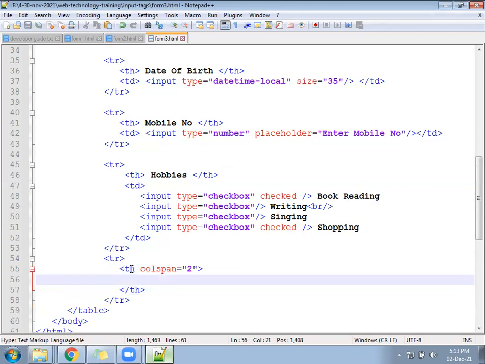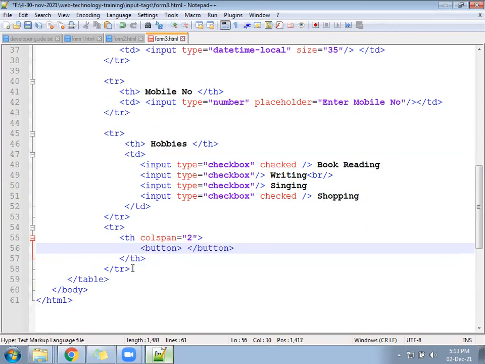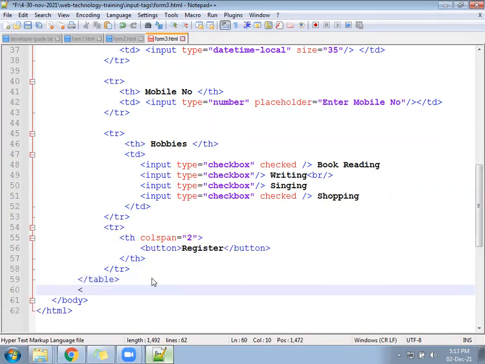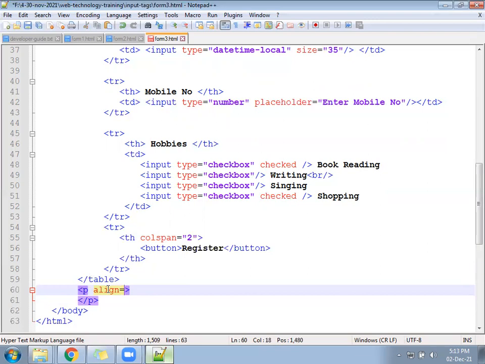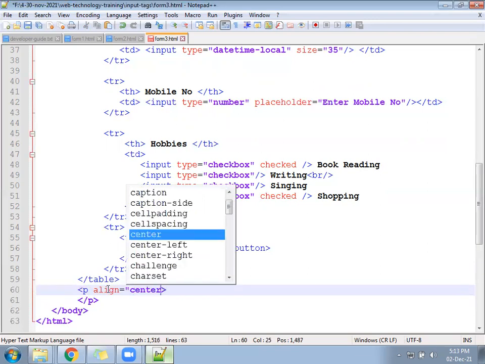There we will write a button, register. And again, after this table completely, we will follow a p tag, and inside the p tag, align equal to center.